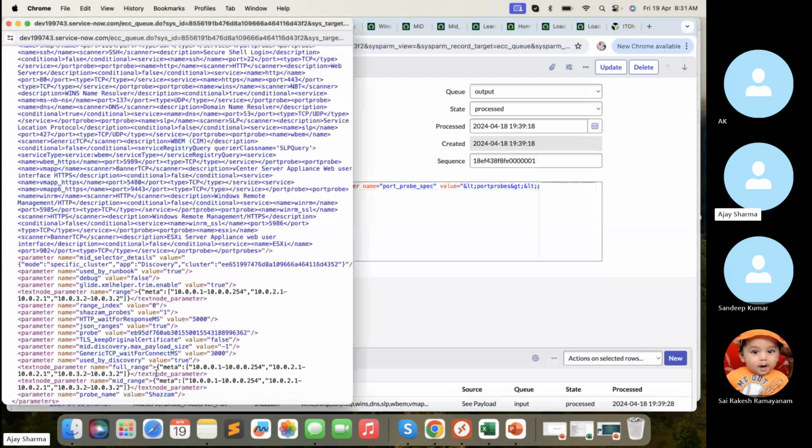So if you remember, the IP range is there, right? One IP range is 10.0.0.1 to 10.0.0.254. The next IP is 10.0.2.1. The next IP is 10.0.3.2, right? So these three IPs are checked by this, and it did not find any